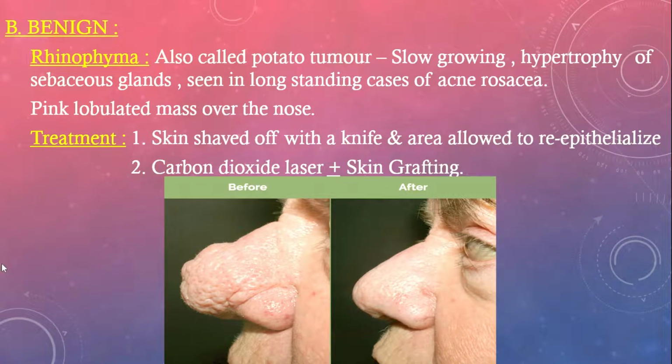Now we come to talk about certain tumors which can involve the external nose. And among that, the first one, which is relatively very common, is rhinophyma. That tumor is also called potato tumor. It's a slow-growing tumor, and it's due to the hypertrophy of sebaceous glands, and it's seen in long-standing cases of acne rosacea. It is a pink lobulated mass over the nose, and its treatment is skin